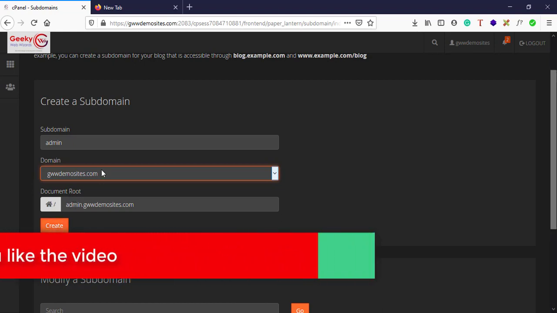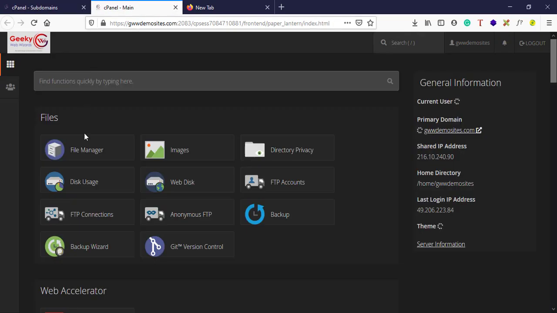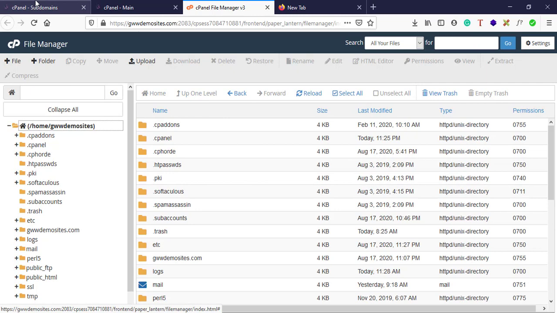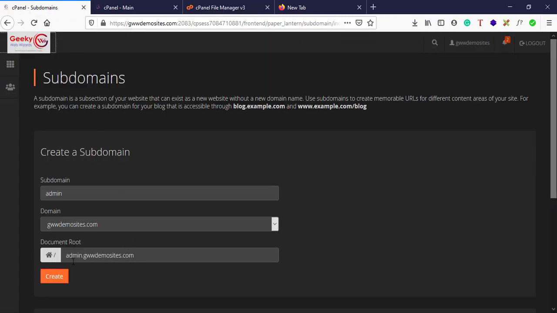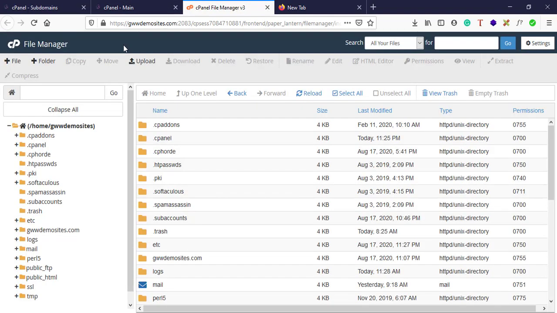I need to explain this a little bit. By default, it is selecting a document root. Let's open file manager, and this is what it is currently selecting as the document root. If I remove this, the document root is nothing but this home directory, as you can see here.